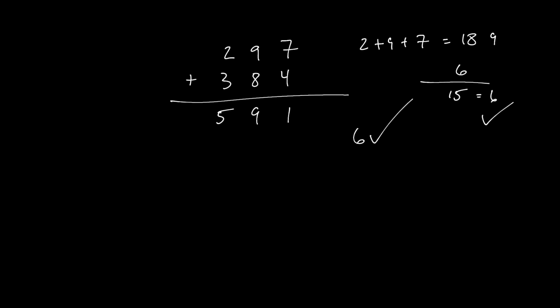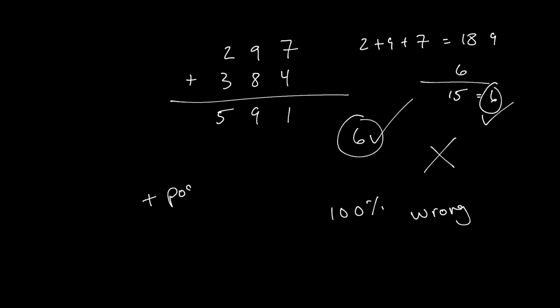So it doesn't always give 100% assurance. So this is basically what you do. Let's say you get an answer and this number and this number do not match. Then you know 100% that it's wrong. In other words, this method will give you a positive result